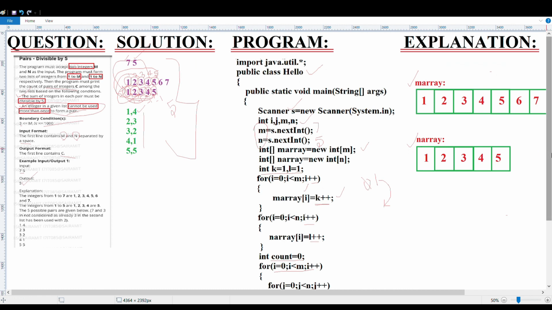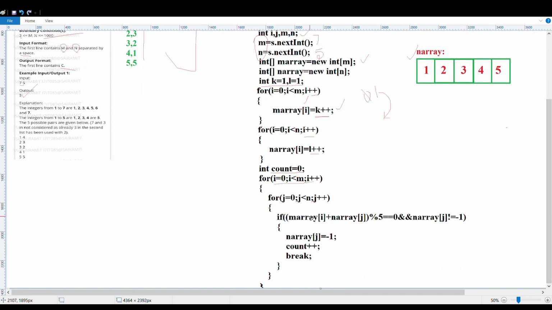Then if the sum mod 5 is equal to 0 and the array element is not equal to -1, because the used element you just replace with -1, then you set n of j equal to -1, increment the count and break the loop. In the end you have to print the count. So with that our program is over.